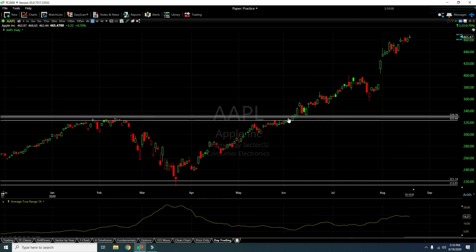The buyers tried to push the Apple's price above this area. They tried for several days. Finally, it broke out and it had a huge rally. So the key thing to remember is a support resistance area. Support resistance is an area, not a line, number one. Number two, resistance tends to break on an uptrend. Support tends to break on a downtrend.